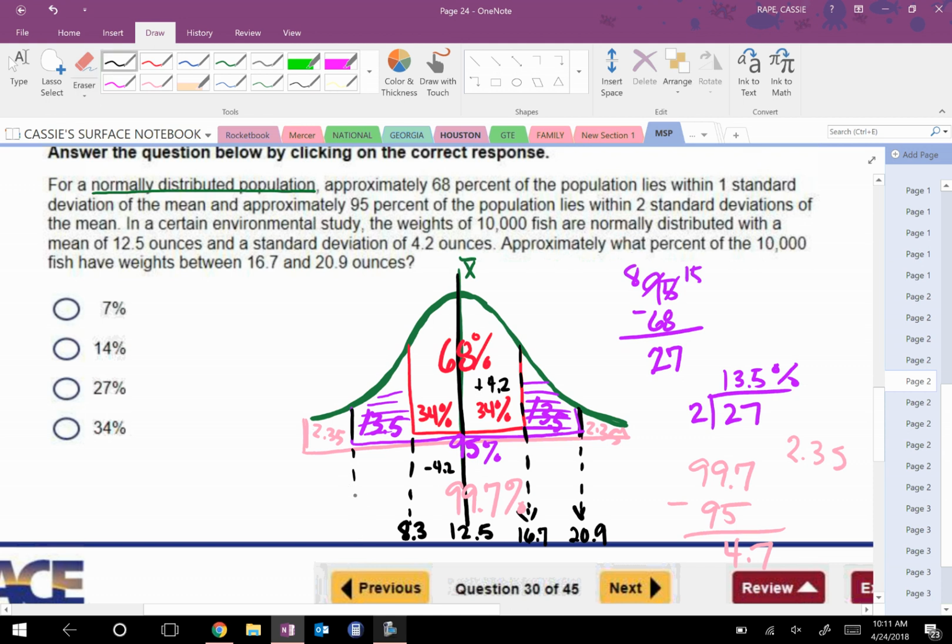But this particular question is asking you for 16.7 to 20.9, which is great because it happens to be exactly the boundaries between one standard deviation and two standard deviations of the mean. And so we've already calculated that. That number was 13.5. It said approximately, so it's about 14% of the